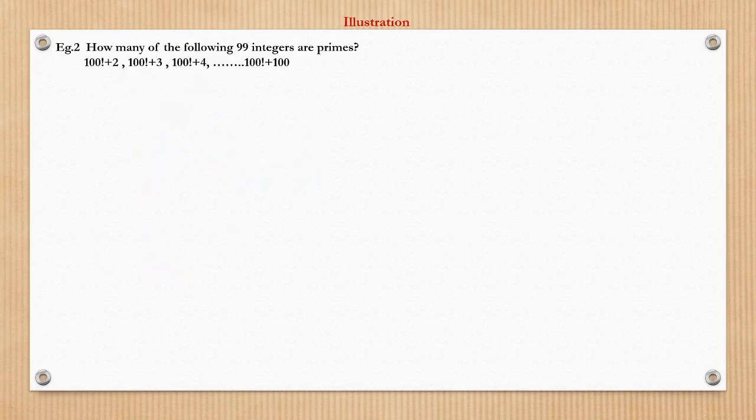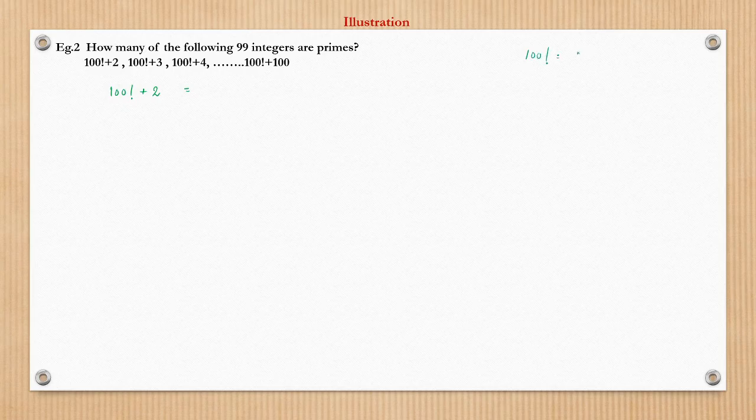Now another question. This is also quite an interesting one. Let us see this here. How many of the following 99 integers are prime numbers? So see here, it is 100 factorial plus 2. Let us see, 100 factorial plus 2. 100 factorial we know